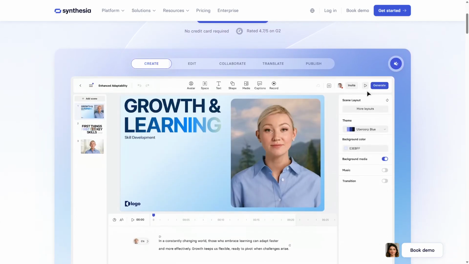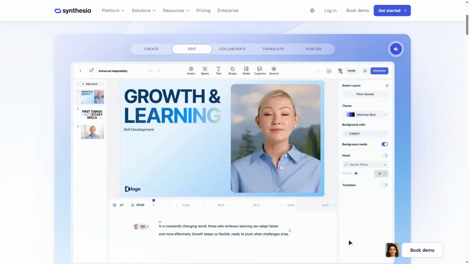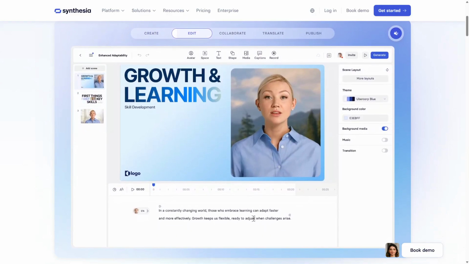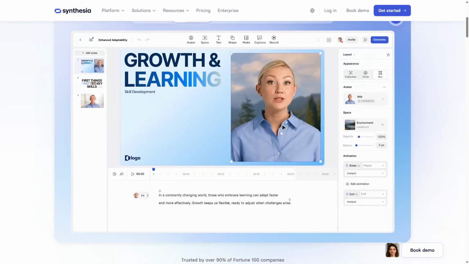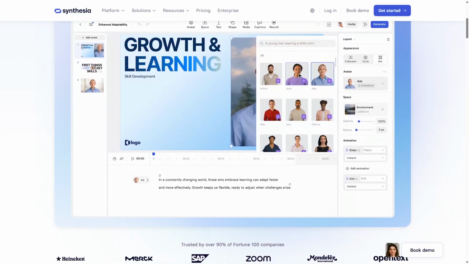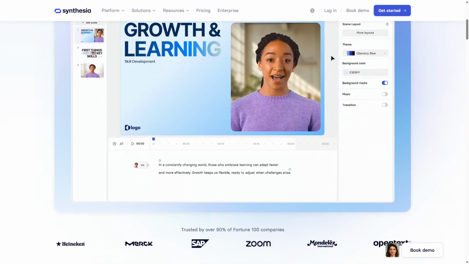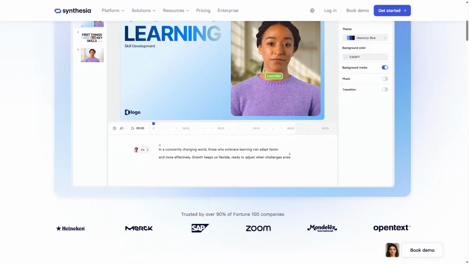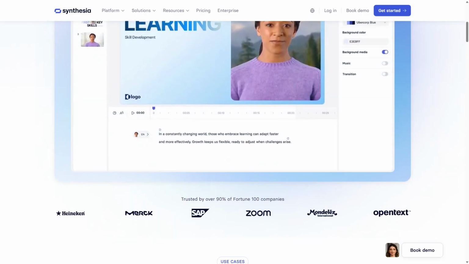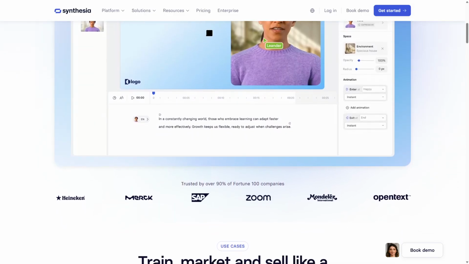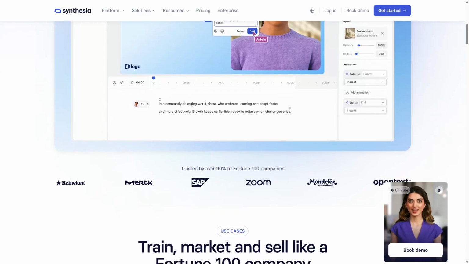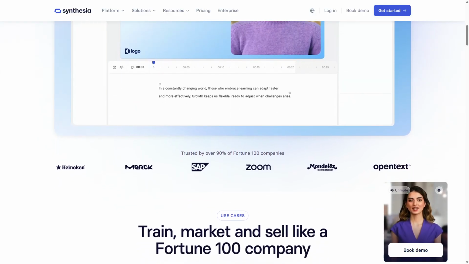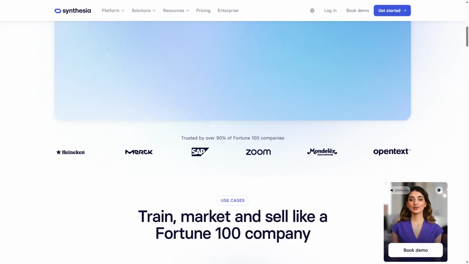Its strengths include robust language support, high-quality video output, and integrations with enterprise workflows, making it ideal for corporate training, marketing, and e-learning content. However, Synthesia's pricing is on the higher side, and the platform requires some learning to maximize its full potential. It is best suited for businesses and professionals who need polished, scalable video production with advanced customization